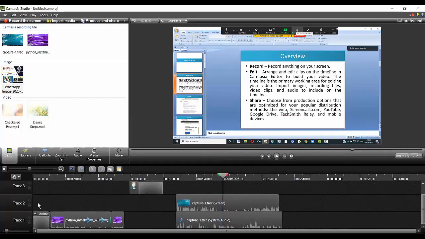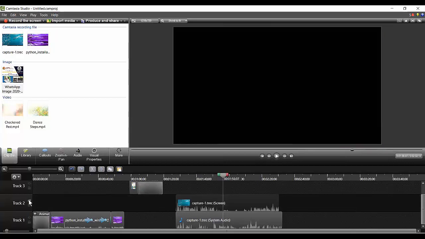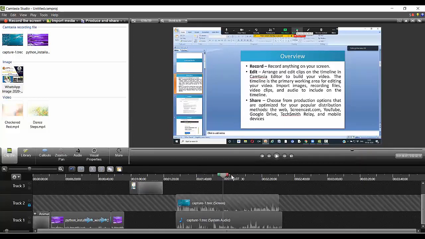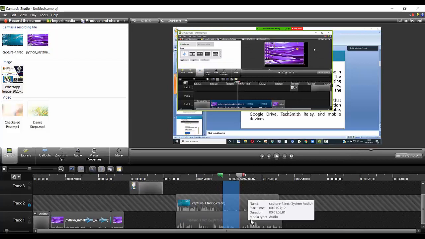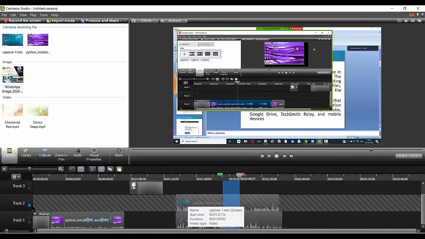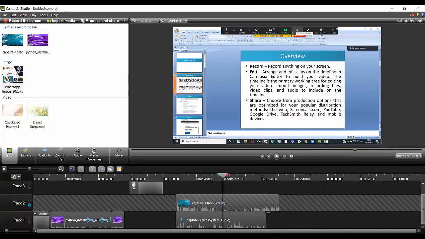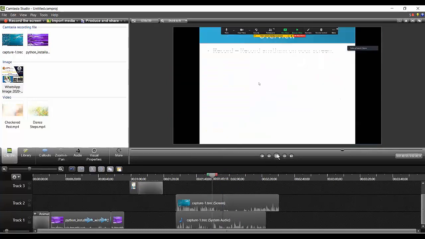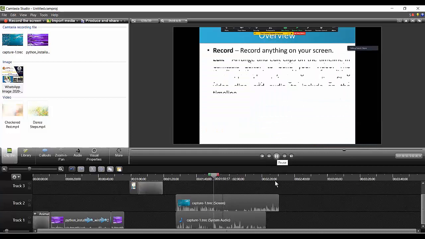Similarly, if I want to make it invisible, this is the screen basically that got captured. So if I want to lock it and do some kind of editing with the below one, I can do it. But the above one, because track 2 is a video file here and I have locked it, if I do any kind of editing here, it will not be affecting at all. Look at this, the size got reduced because I have cut this thing, and again I can start here.